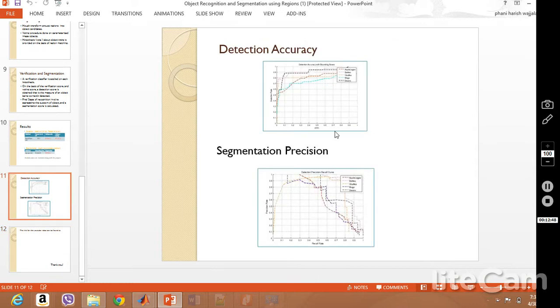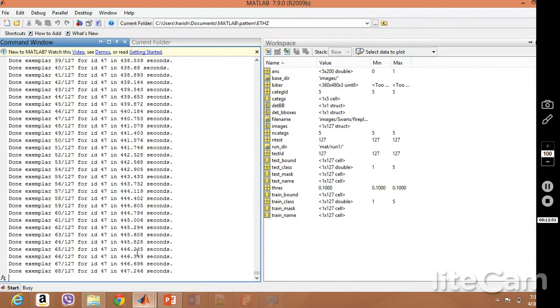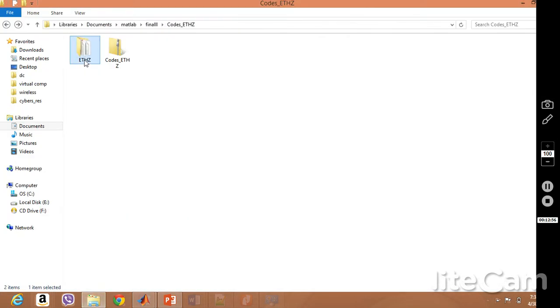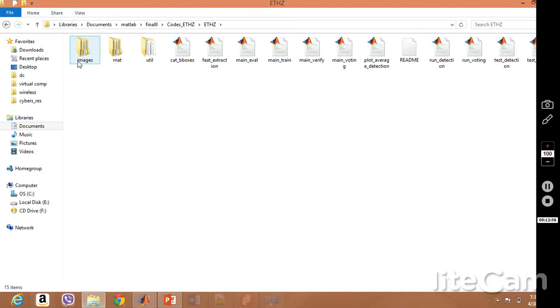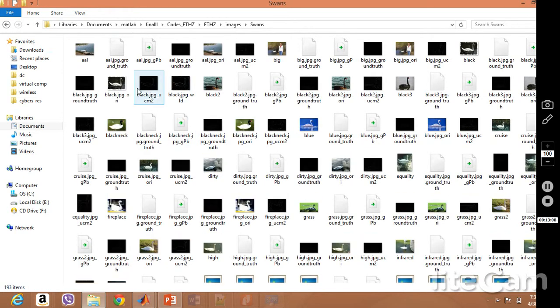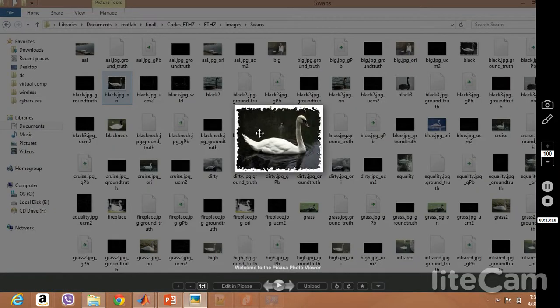This is pretty much it, and we have shared the code also. This code is running on the ETHZ data set. This has quite many images. As you can see, the five categories are present here, which are Apple logos, bottles, giraffes, mugs, and so on. I'll show you how the image